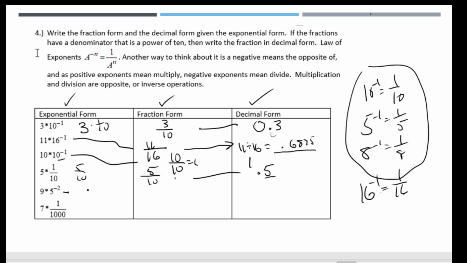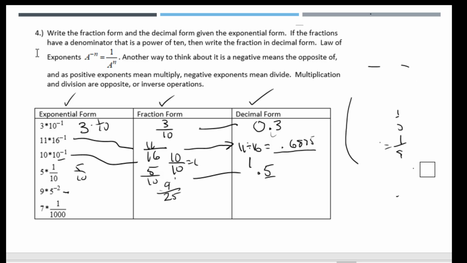9, 5 to the negative 2. That's going to be 9 of these. 5 to the negative 2 is 1/25. And let's just review that negative 2 for a second. Clear this off. It's the same idea,